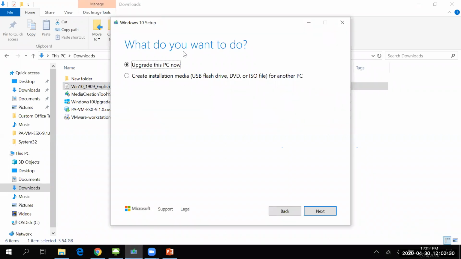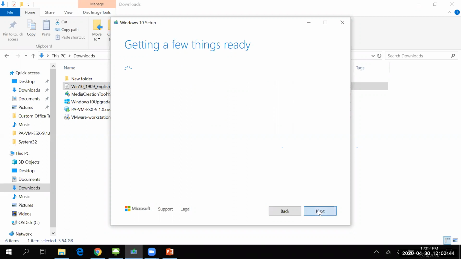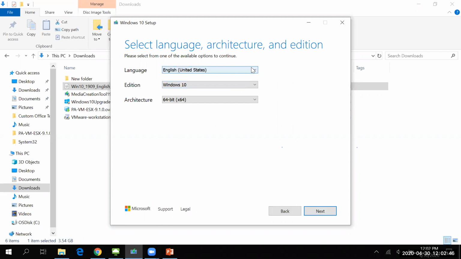So once we accepted the terms and conditions of Microsoft Media Tool, we have the option to upgrade this PC because I am already having Windows 10 here, or create installation media USB hardware drive or ISO file for another PC. So once I click here, it is asking me for selecting the language, whatever language in which I want. Windows edition, as I already want Windows 10, it is showing me Windows 10. Okay, so I can download an image of 32-bit, 64-bit, or I can download it for both.